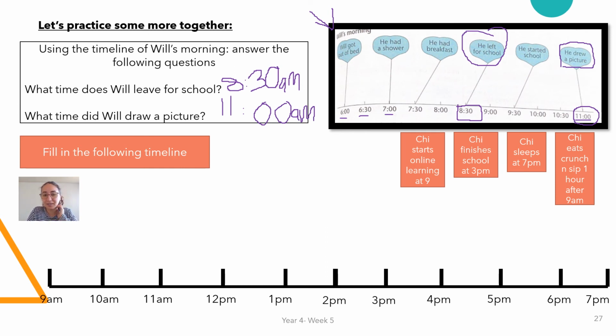Now the next question. So sometimes you'll have a timeline already there for you, and sometimes you'll have to fill in the timeline. So here we've got a blank timeline, and my video is kind of making it difficult for me to see the end of it. Can't even move my video. Let's just, oh, here we go. Okay, so here we've got